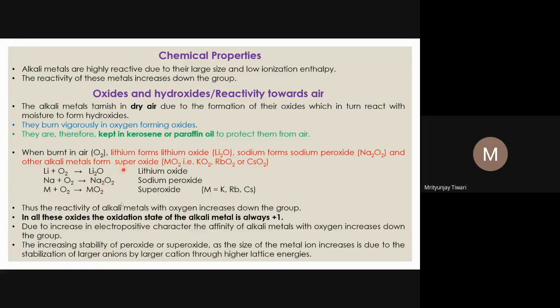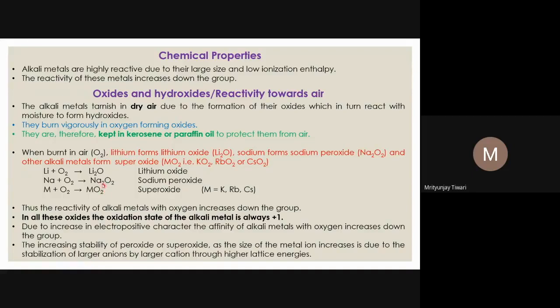And all the other things we have seen, since we have learned that alkali metals will always exist in the +1 oxidation state. So in all these compounds, the oxidation state of the alkali metal is always +1. Whether it is potassium, rubidium, or cesium, it has a positive charge. So there will be one negative charge to make the molecule neutral. That is why there is one negative charge on the superoxide, the O2 anion.